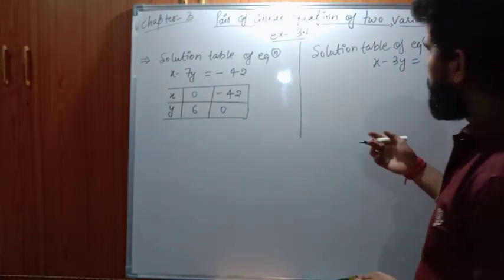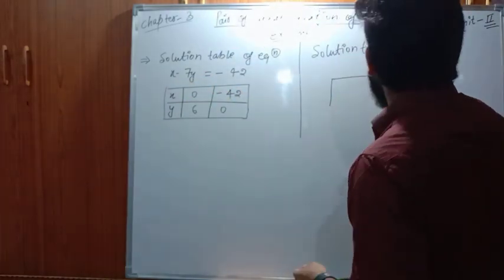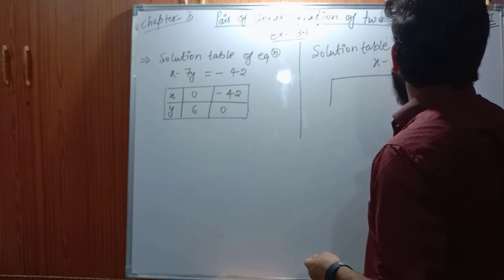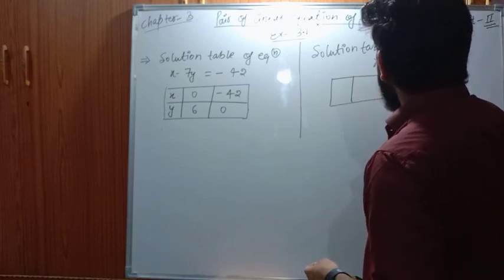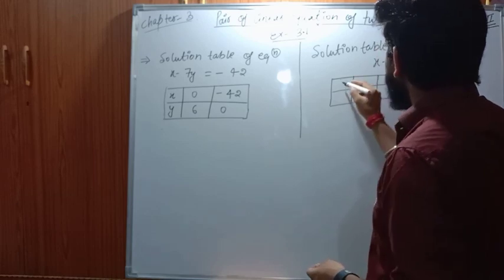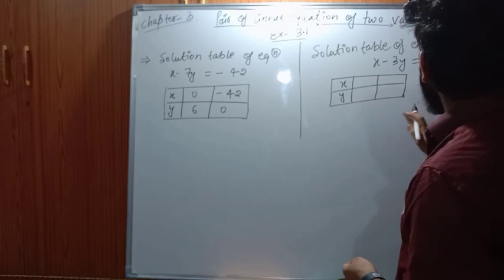Okay, now again we will make the same solution table that we have made in the first algebraic expression. So first is x, second one is y. Okay, so again we put